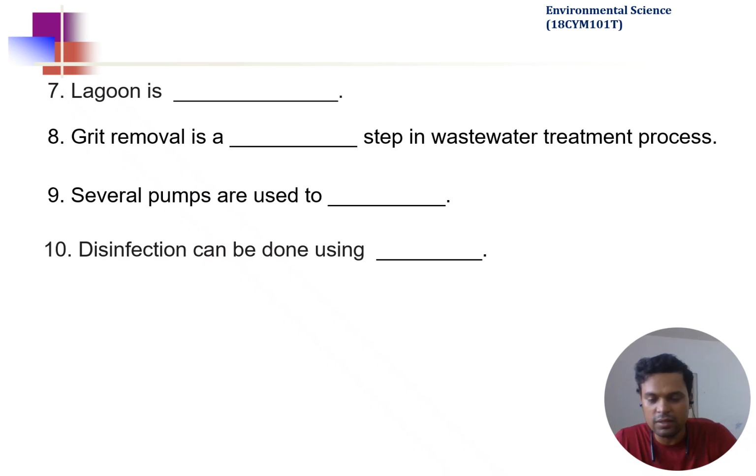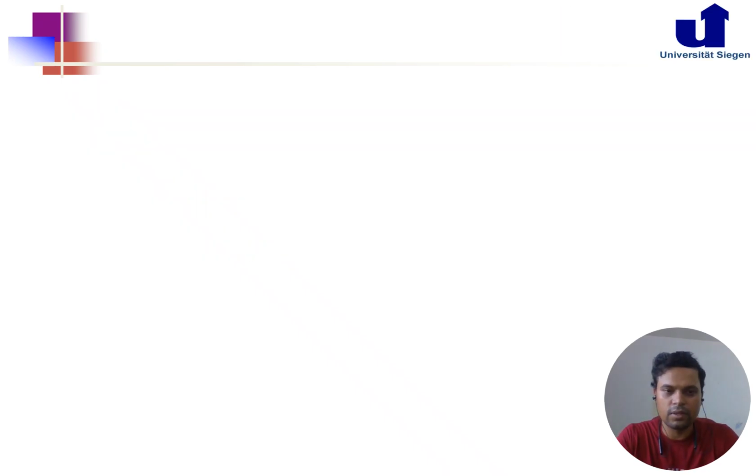Disinfection can be done using the three methods we have just discussed. One is chlorination, one is ultraviolet treatment, and ozone. So if you find any options among these three in your questions, or all of the above, you can take one of them. Okay, so that's all for this second